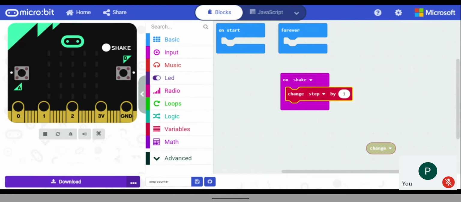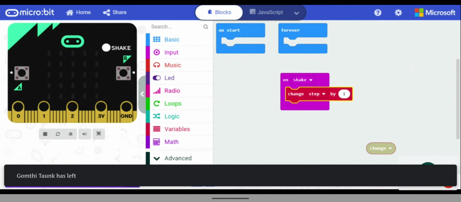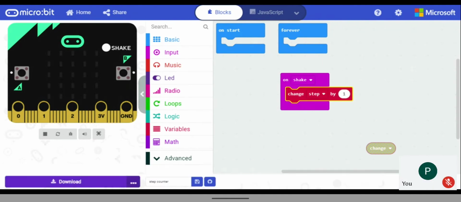The first person drank all the water, the second person will still have a full water bottle, and the third person also will have a full water bottle. So if the first person drinks all the water, the bottle will be emptied only for the first member. It will not be emptied for the second or the third person, right?